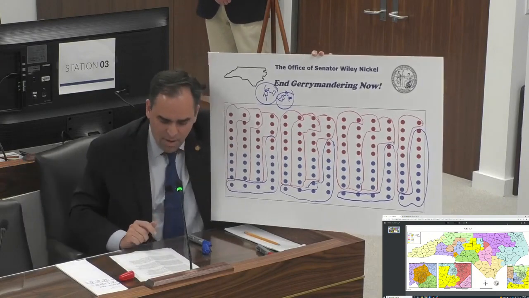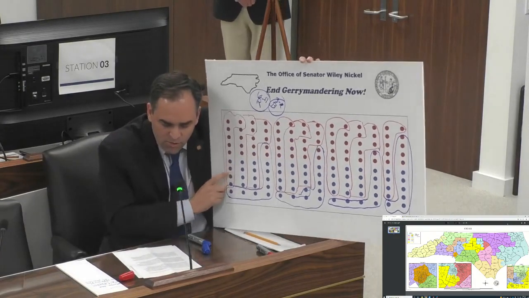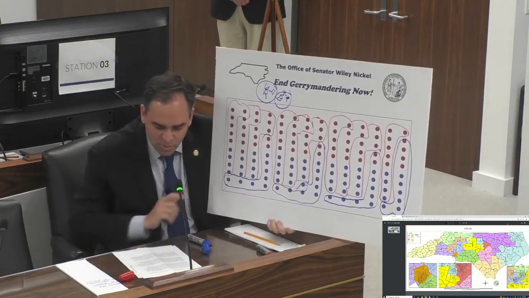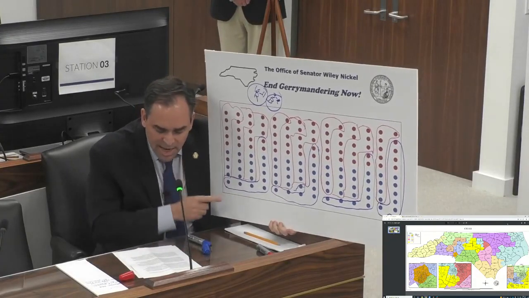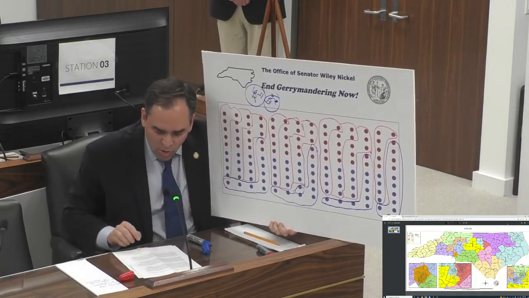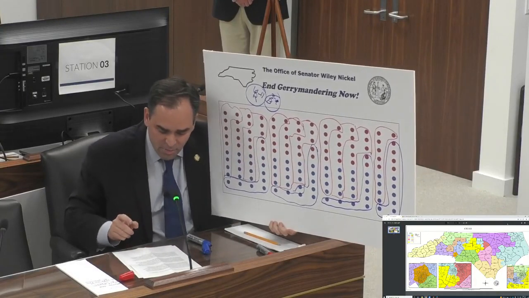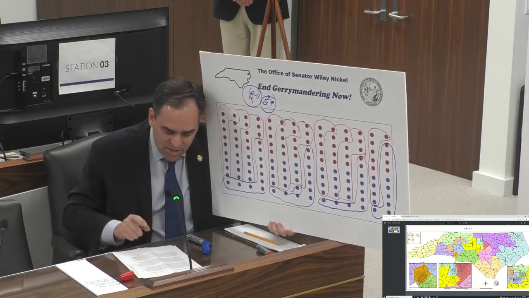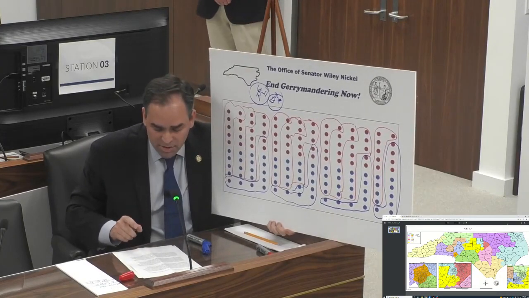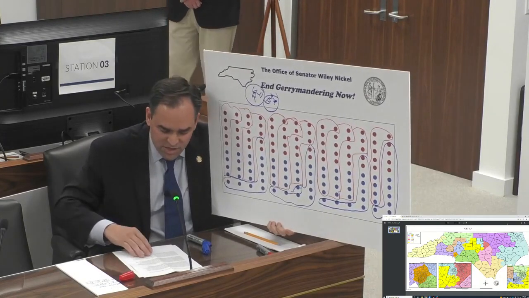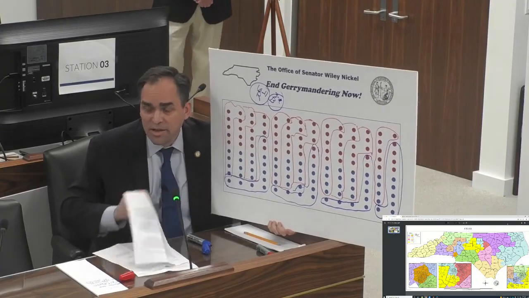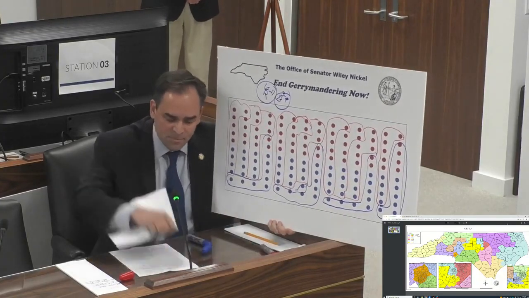You can't argue with the math, and it's right there in front of us. We've heard the public comments, we've heard the outside experts, and you can see in my diagram exactly what's going on. This is a map that robs 10.7 North Carolinians of any real choice at the ballot box. It's a map that guarantees that 10 or 11 Republicans will be elected in our 50-50 state. It doesn't pass the eye test. It doesn't pass the smell test.